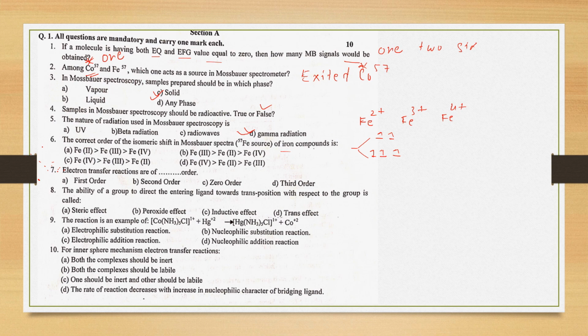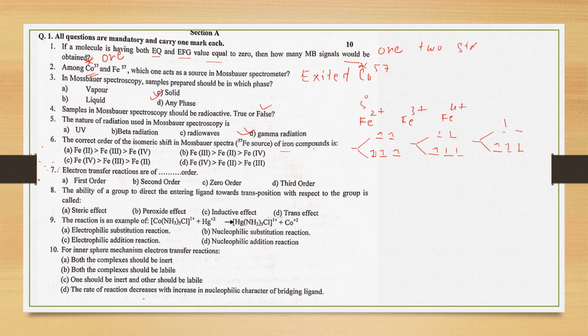Okay, in case of Fe3+ there would be d5, and this is d6, right? Sorry, this is d6, so for d6, now 1, 2, 3, 4 and 5, clear. In case of Fe4+, it is a d4 configuration: 1, 2, 3 and 4. Now the complete configuration would be 4s, and the s electron would be